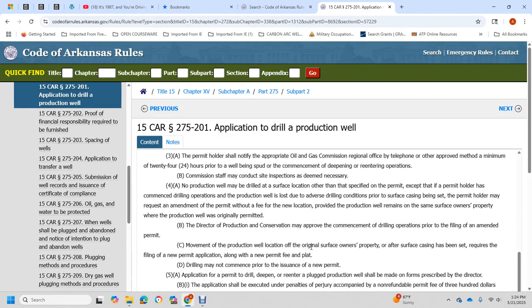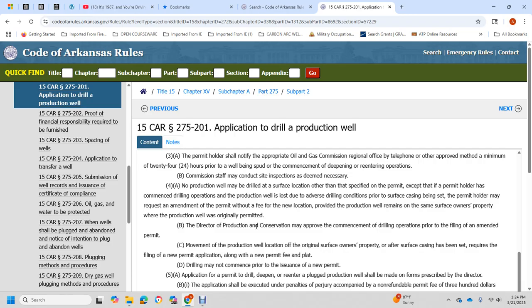No production well shall be drilled at a surface location other than that specified in the permit, except by the permit holder. If, after the commencement of drilling operations, production is lost due to adverse drilling conditions prior to the surface casing being set, the permit holder may request amendment of the permit without a fee with a new location, provided the production well remains the same. So with the owner's property where the production well was originally permitted, the director of production conservation may approve